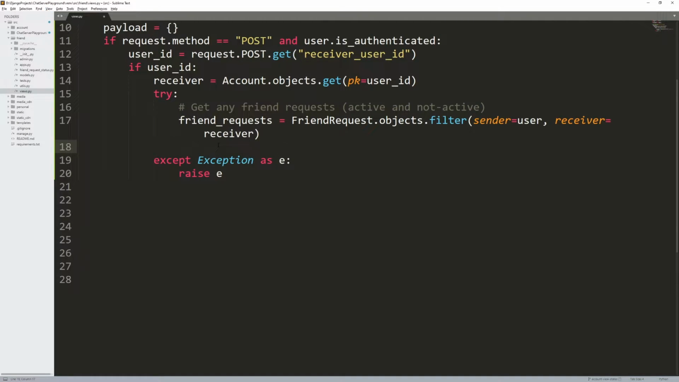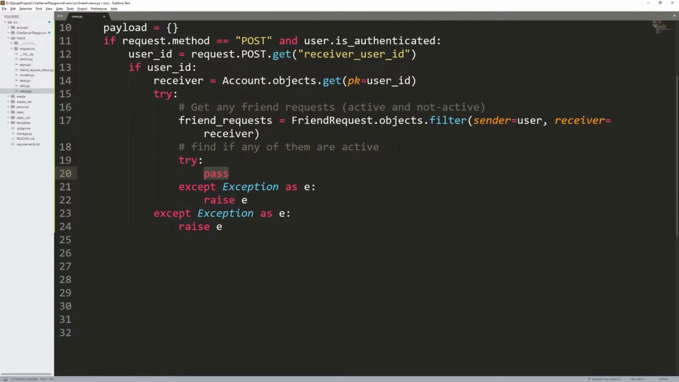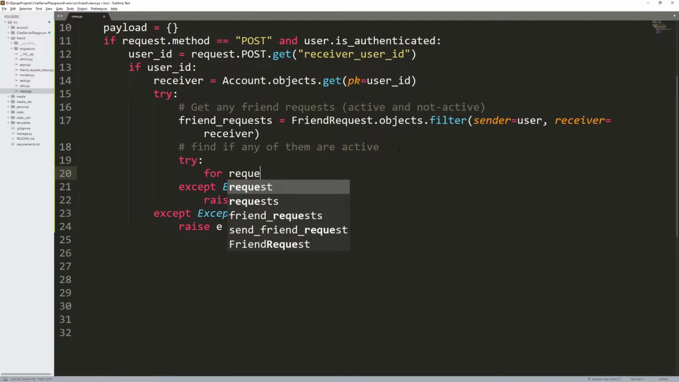Anyway, I'll figure out what's going on with that one day. Now I want to find if any of them are active. So I'm going to get all of the friend requests by this user, if I sent any friend requests where the receiver was this, and I want to check to make sure if they were active. So again, I'm going to do a try accept and say for request